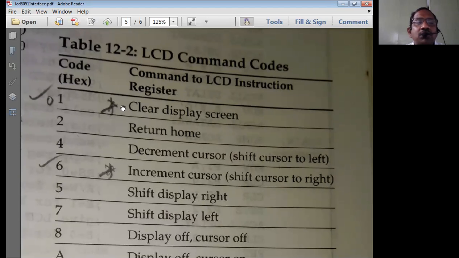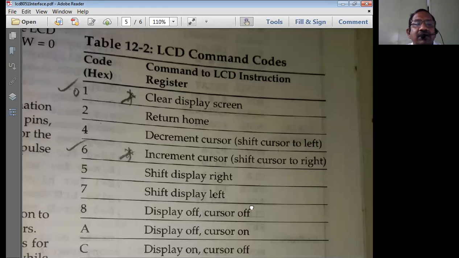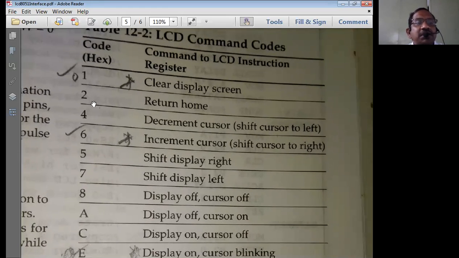Among these command codes, I put some with a star indication. I've made a tick mark also. These are the very regular LCD commands which we normally use at the beginning of every LCD program. So let us start with understanding this. Here is the hexadecimal code which we use. 01 is to clear the display screen.